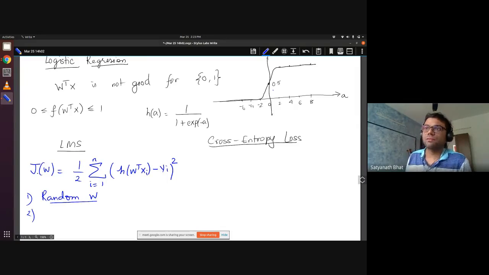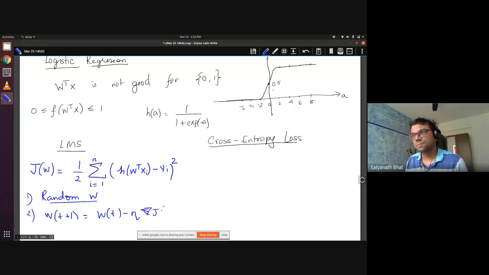So basically, see, you are given a cost function like this. If I have to minimize, I have to use one of the standard optimization techniques: use gradient descent or use Newton's method, right? So take the gradient. So W_{t+1} is equal to W_t. Okay, since I want to minimize, minus eta times gradient of J. Is that okay?